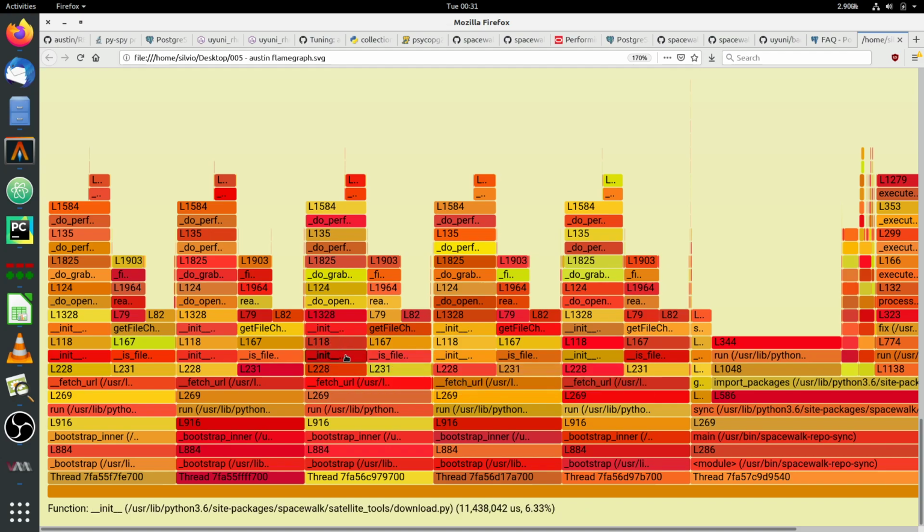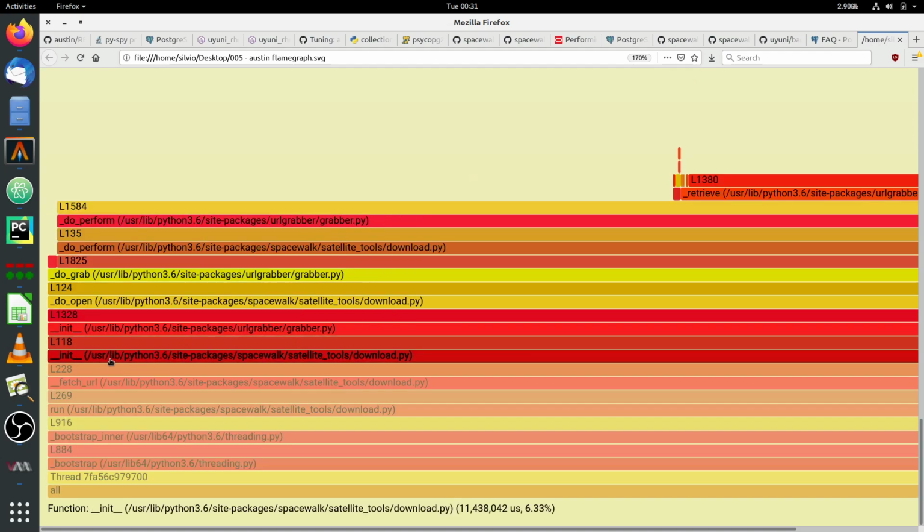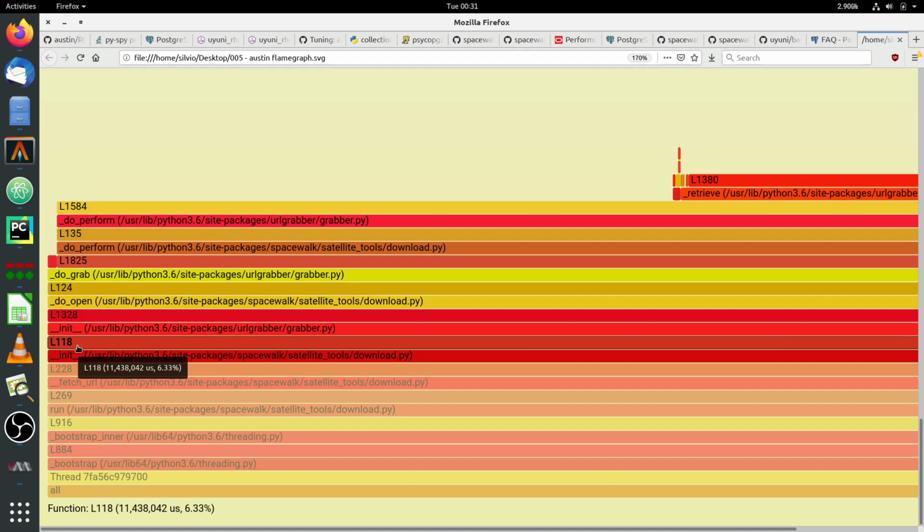So in this case, for example, we have the init method, and in particular, most of the time is spent in this line 118. This proved to be useful in some cases where I had, for example, a very long method or function, and I wanted to break it down to know what were the slow parts of the code. So this is